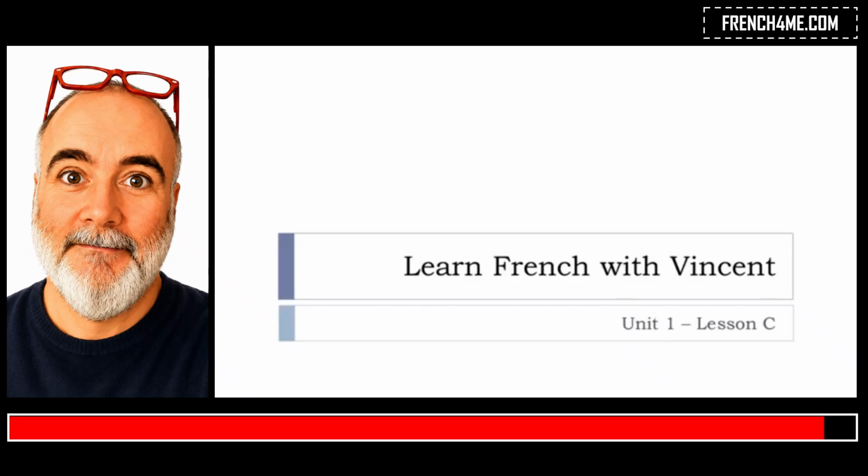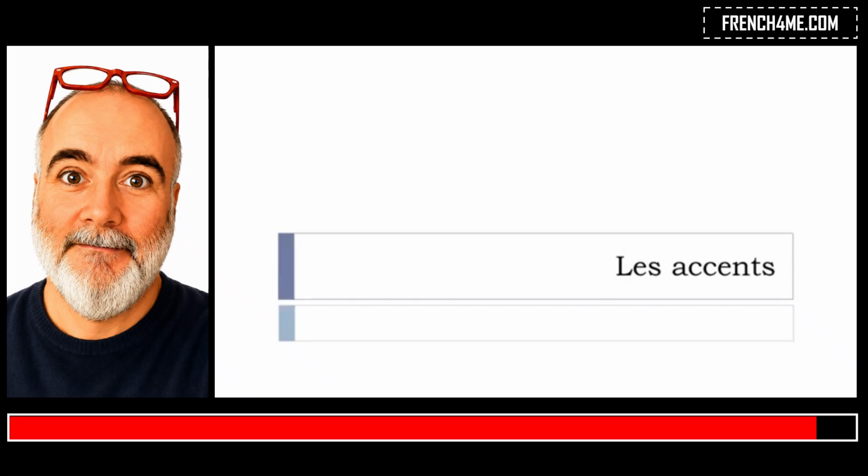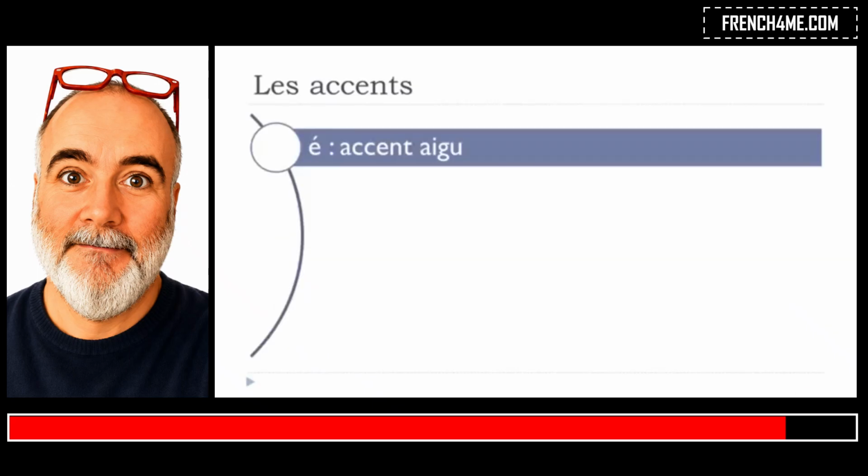So what will we discover in this lesson? We'll discover les accents, so the accents. And normally when we talk about the accents, we tend to insist on the accents which are on the top of the letter E, because they will change the pronunciation of the letter. When you put the accents on the top of O, I, or A, nowadays we don't really pronounce the differences, but E is still affected by that, so you should really first remember the name of the accent,